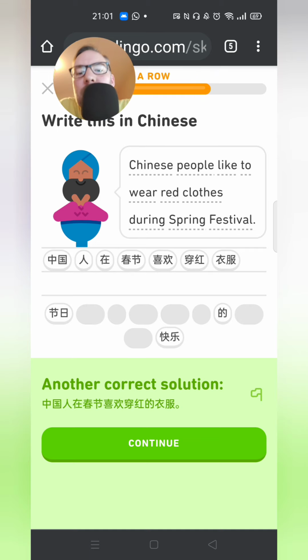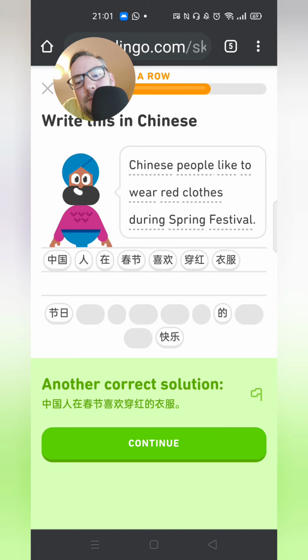Yeah, okay, he was right. They also would have accepted 中国人在中间喜欢穿红的衣服, 红的衣服, 很红的衣服. I would only say 的 after 红 if it was more than one syllable, like a very red, 很.